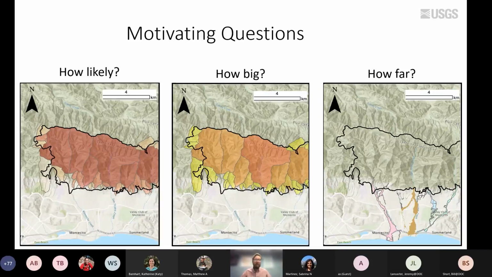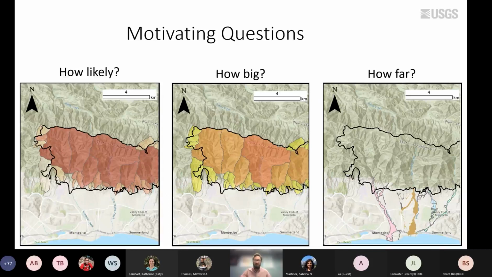So we might want to think, how likely is it that a debris flow will occur in a burned watershed in the years following wildfire? We also might consider how large that debris flow will be. Larger volumes have the ability to inundate more areas, so we might consider the magnitude of a post-wildfire debris flow. And then we might also want to consider how far that debris flow will go and who it will influence or impact downstream. So these are three big picture motivating questions that we might want to consider when establishing a